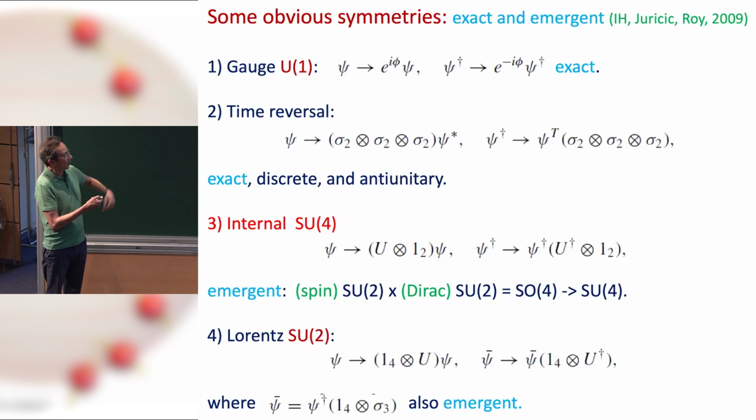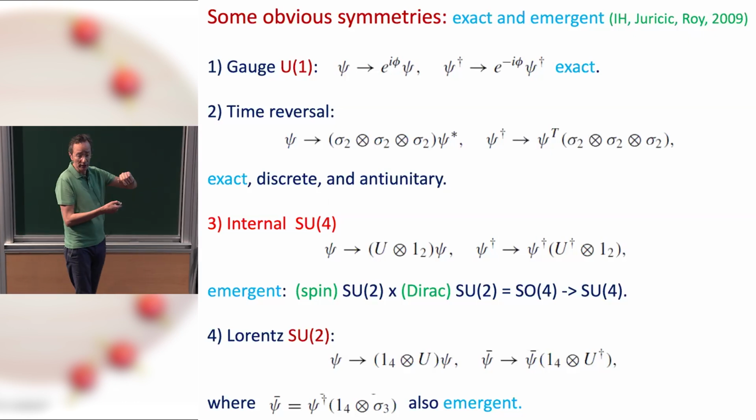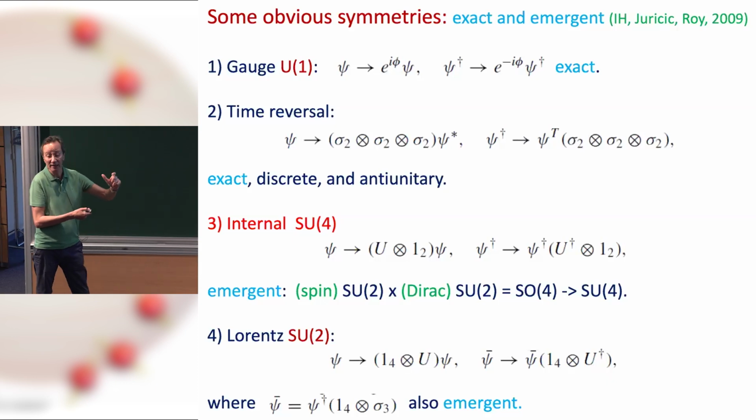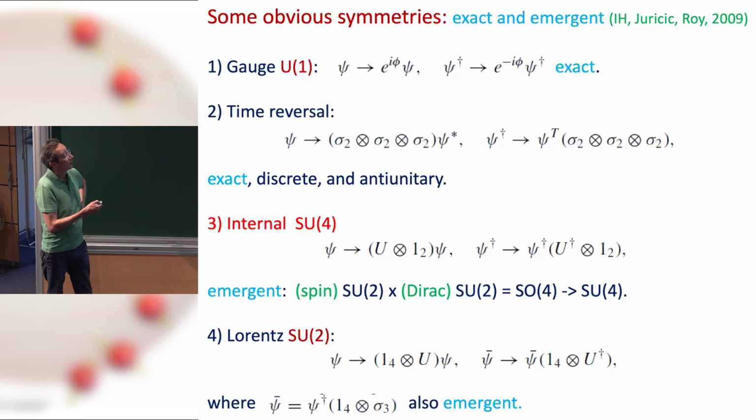But what it consists of, of course, is the spin SU2, which is exact, even on a lattice, and the emergent part, which is the Dirac SU2, right? So it seems that if you have Dirac fermions, you can just rotate between the two Dirac points, just like it's another spin, really, right? So these, of course, altogether give you SO4, but at the level of this quadratic action, in fact, you cannot